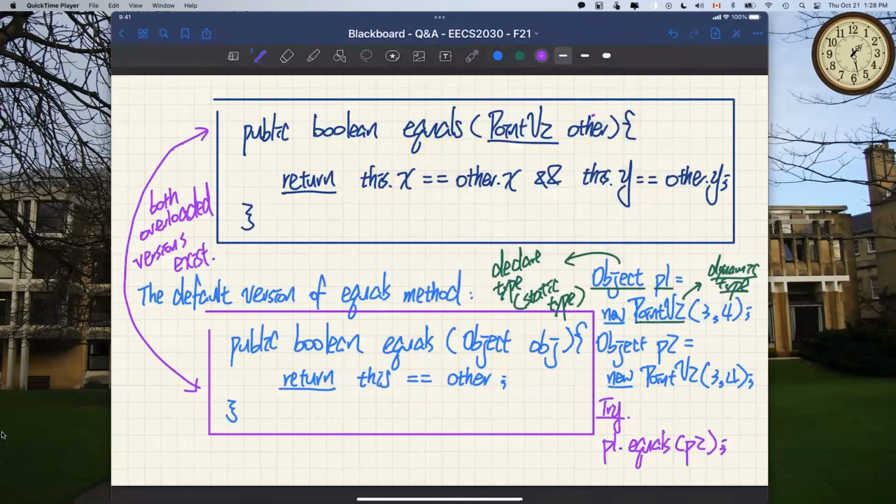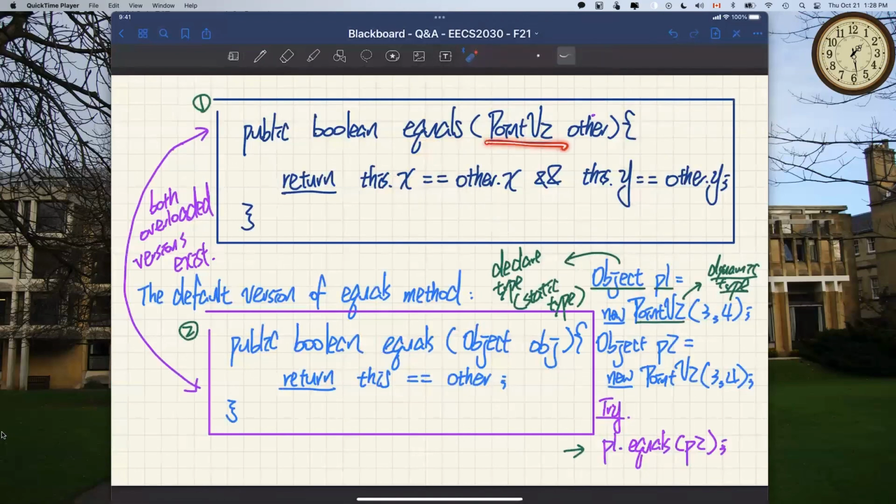Let's say this is version number 1, and this is version number 2. When we try to call p1.equals(p2), version 1 or version 2? Version 1, you would hope, but it turns out it will be version 2, because